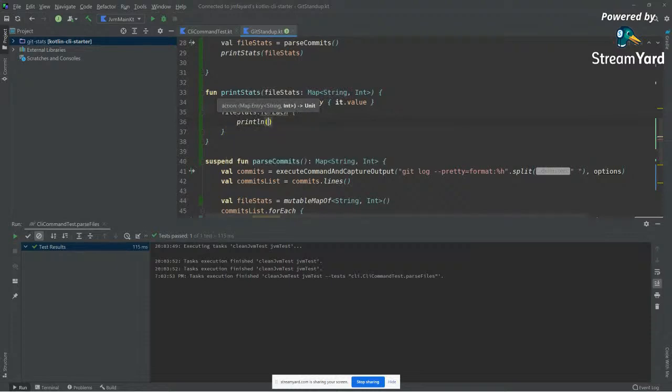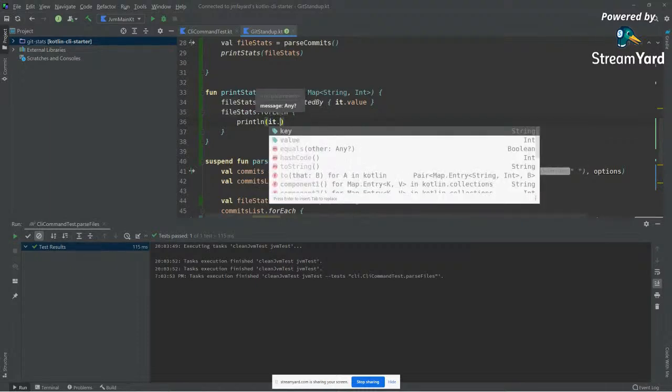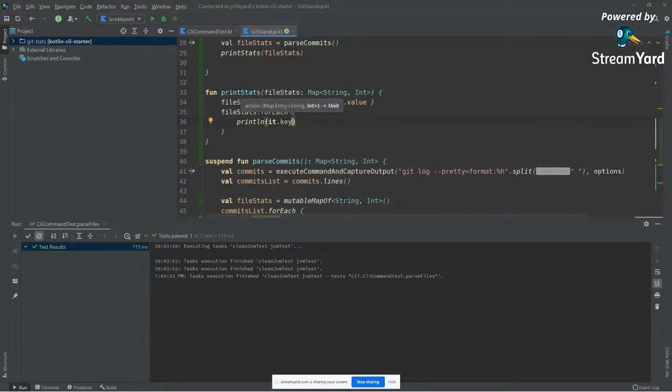Inline, let's say with key. I will start with the value first because it will be your number. Value, yeah, but I want to first. Well, it doesn't matter actually, but okay, whatever you say. I would usually print files first and then. Okay, so we want to have its value, so that's the count, and then